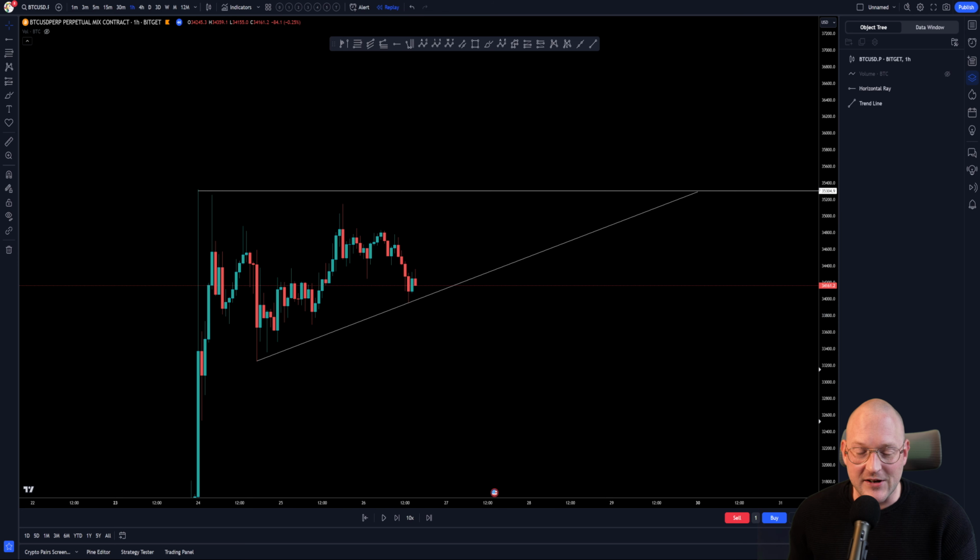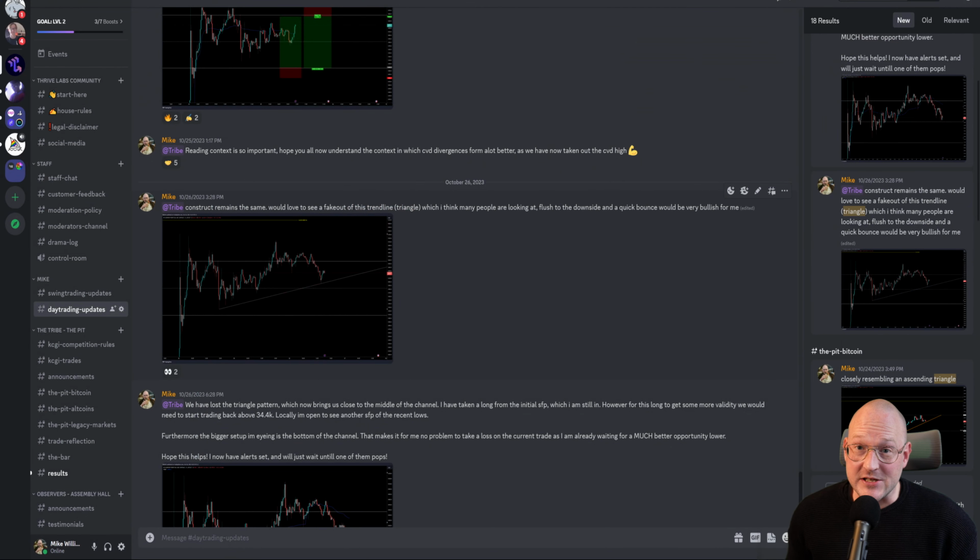Now naturally, this is the whole thing with consolidation areas. Usually they take longer than most people expect, as they are looking for the next big move, which is why I actually expected to see a fake out of this trend line to the downside, which I think a lot of people are looking at. We would see a flush to the downside, and then if we do get a quick bounce, that would give us the continuation onwards. Or if we do not necessarily do that, then we can simply keep it range bound,